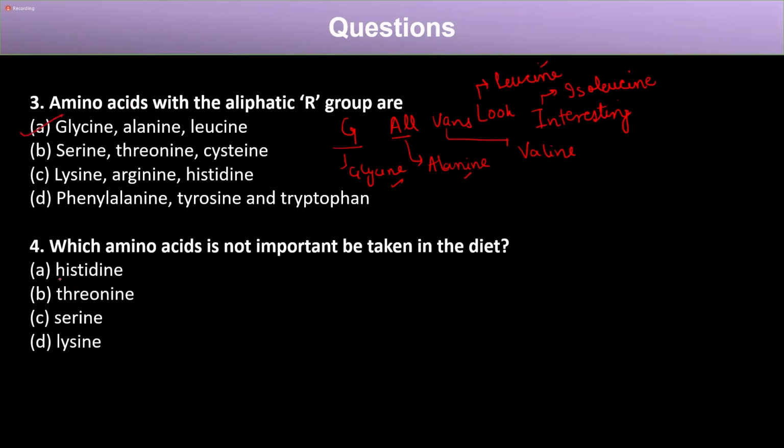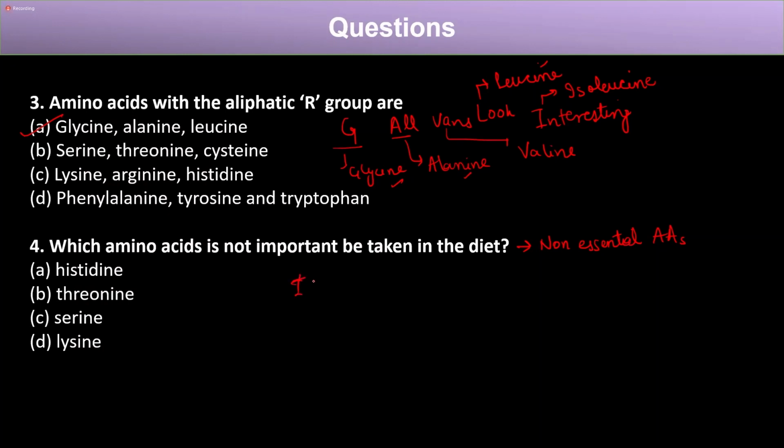Now, the next question is, which amino acid is not important to be taken in diet? So the amino acids that are not important to be taken in diet are known as non-essential amino acids, right? They are called non-essential amino acids. Now, what were non-essential and essential amino acids? If you remember, for the essential amino acids, we had one acronym, and that was